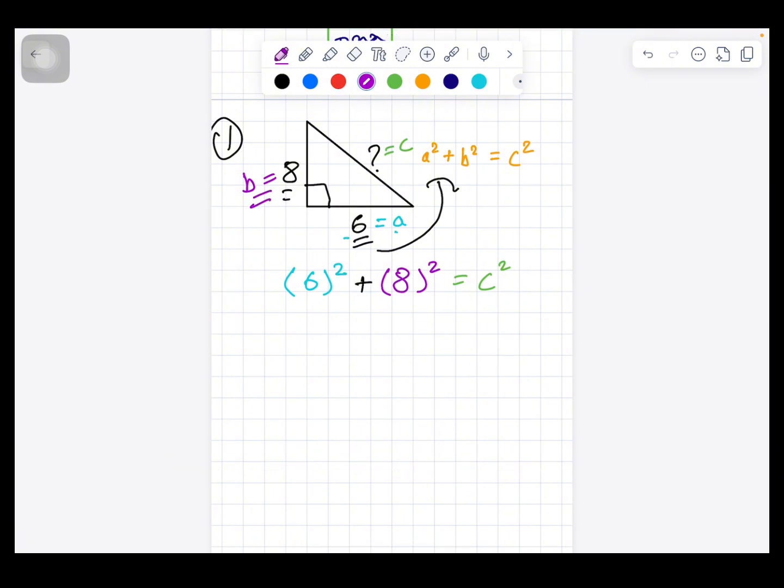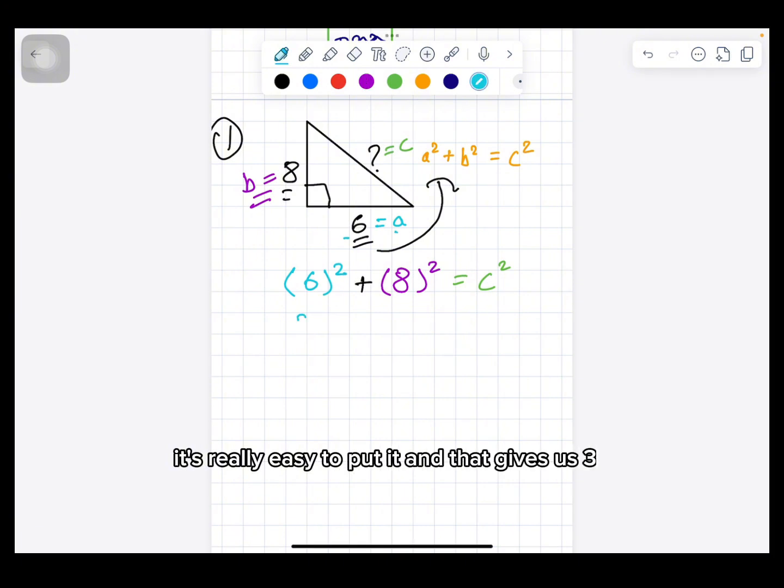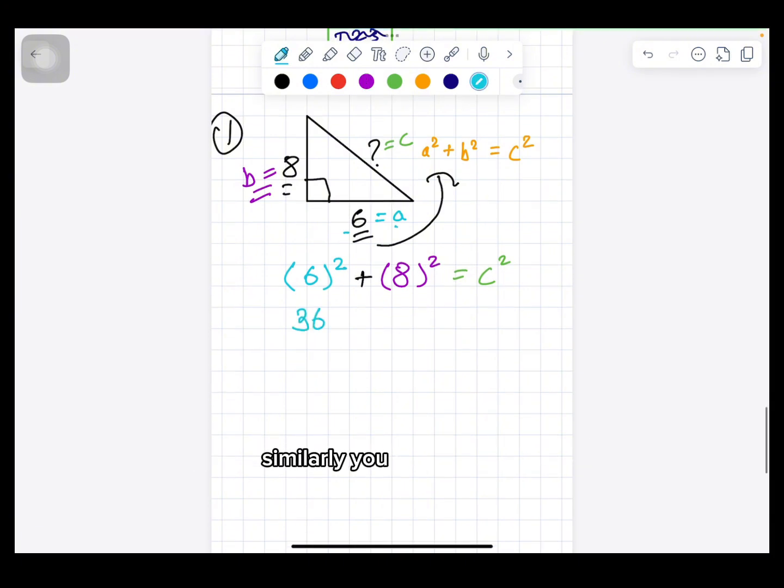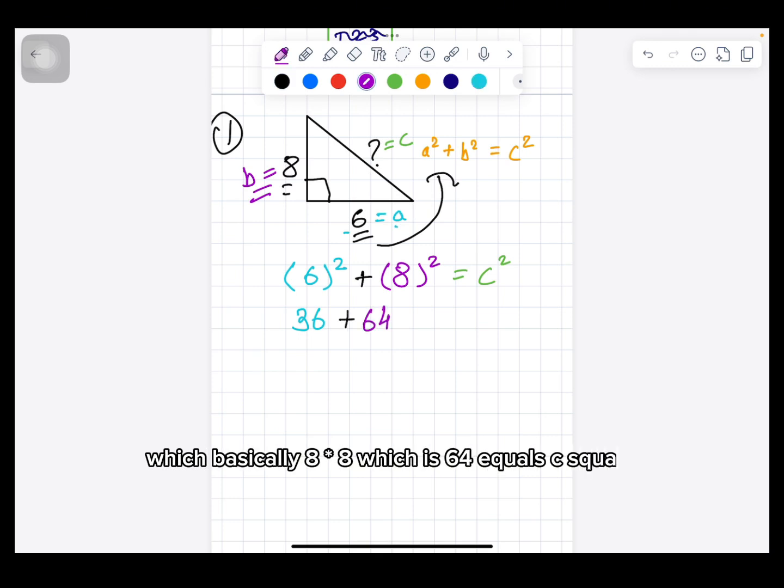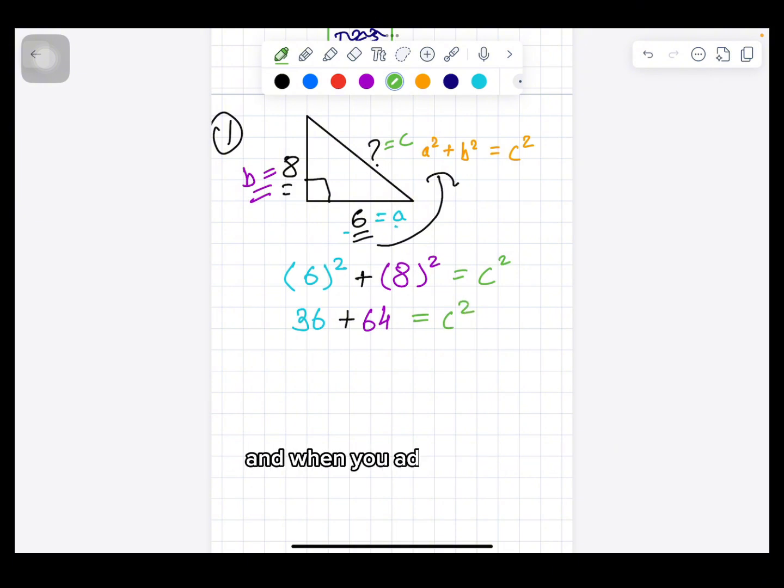c squared. So if you're really smart, you would know what 6 squared is, and you don't just put it in a calculator. It's really easy, and that gives us 36. Similarly, you put 8 squared, which is basically 8 times 8, which is 64, equals c squared. And when you add these two, you get a value of